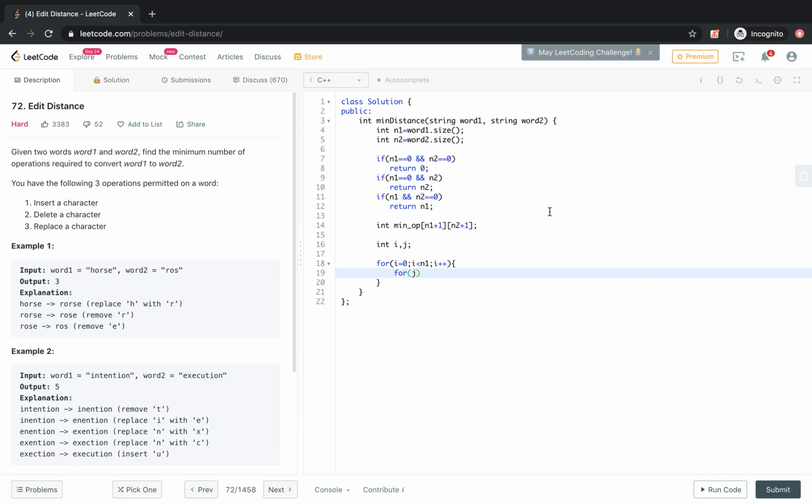Basically i points to the index of the first word and j points to the index of the second word. So min operations i j is the sub problem we are trying to solve: if we take a substring of word 1 from 0 to the ith index, and a substring of word 2 from 0 to the jth index, then what will be the minimum operation value.